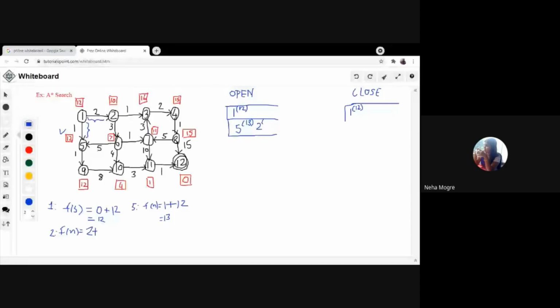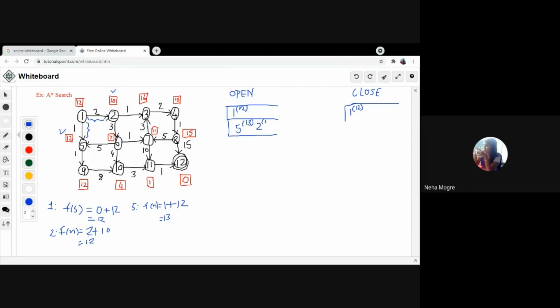What is the g of n value for the node 2? Reaching from the start node to node 2, that is 2. Now what is the h of n value for node 2? It is 10, so it will be 12. Is that okay? Yes, ma'am.